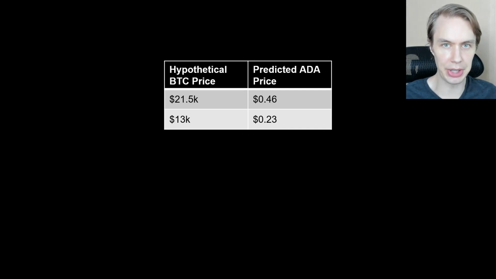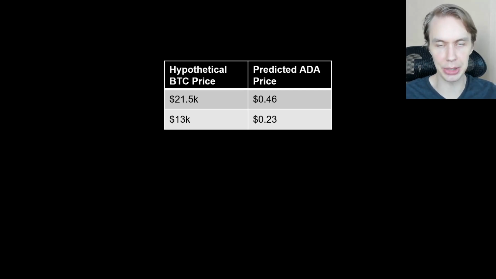So one price level I've seen a lot of people talk about, a lot of people who have a more bearish outlook on Bitcoin, saying a level that they expect Bitcoin to reach in the not too distant future is 13K. They think we're going to fall decisively below the 17K or 17.5K, that ballpark where the low for Bitcoin was back in June, and we're going to go all the way down to 13K.